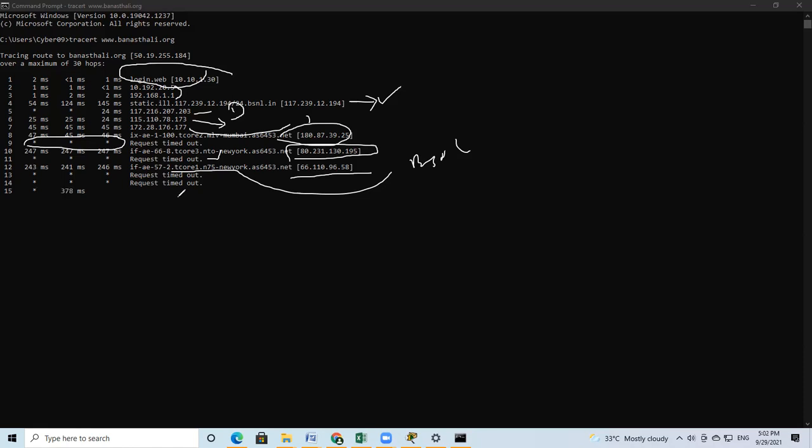How do I move to your Banasthali organization? This is a 5, and again it reaches Jaipur, the same location in Jaipur. And after Jaipur, again some security feature is available. So a lot of round and round in Jaipur, already two times in Jaipur, different routers.